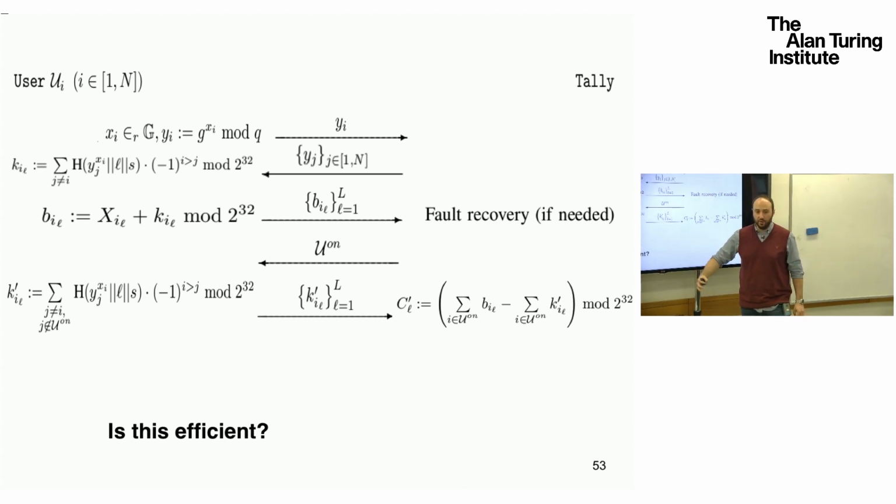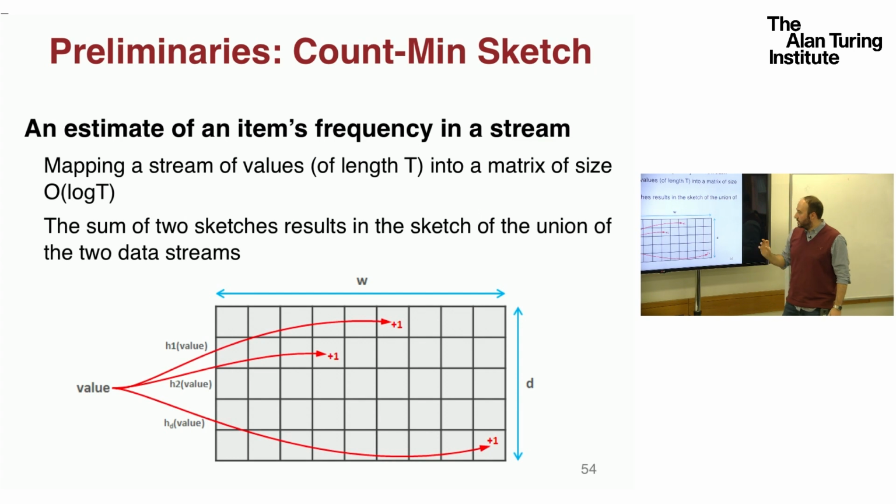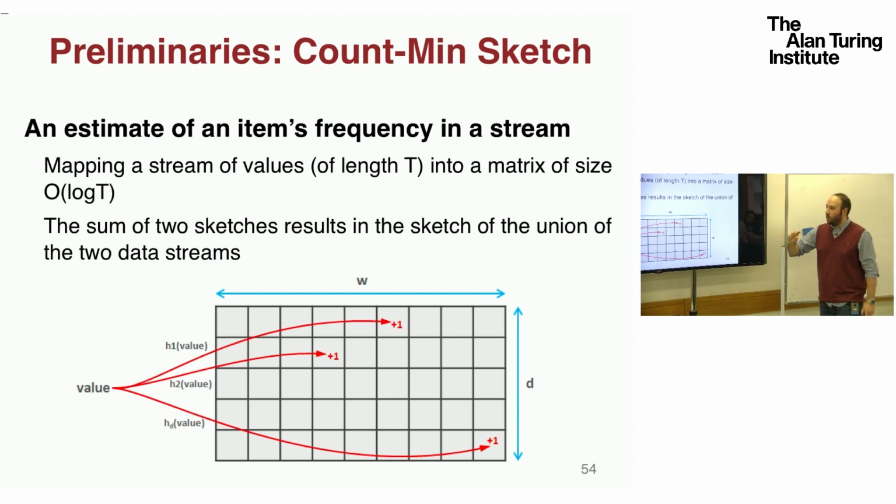really efficient if you have a large number of users and a large number of items, right? So essentially, the best protocol that we have for aggregation will give you a complexity that is quadratic in the number of users per group and the number of items. Okay, that doesn't scale. So the idea was to trade off some accuracy loss in the estimation of the counters with